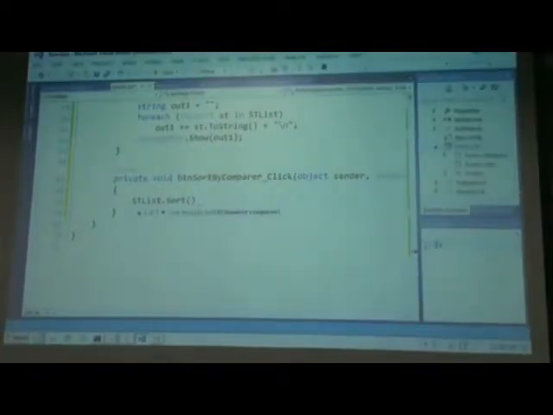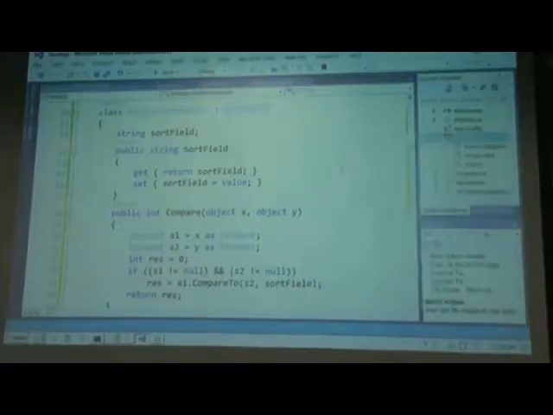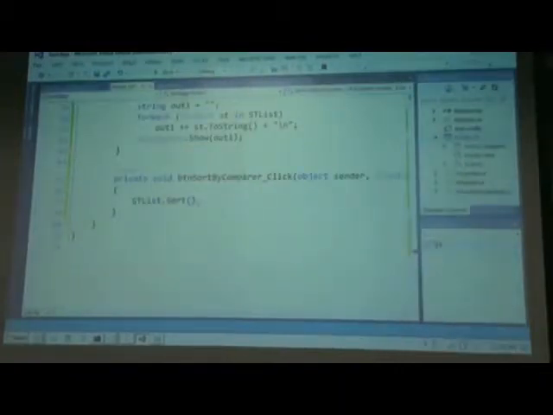When we created the student sort helper, it was implementing IComparable. So that means in the sort method, once they say they expect an object of IComparable, I can pass the object of student sort helper because it implements IComparable. So that will work, right? So if I go back to over here, so what we will do is, before we call the sort, we